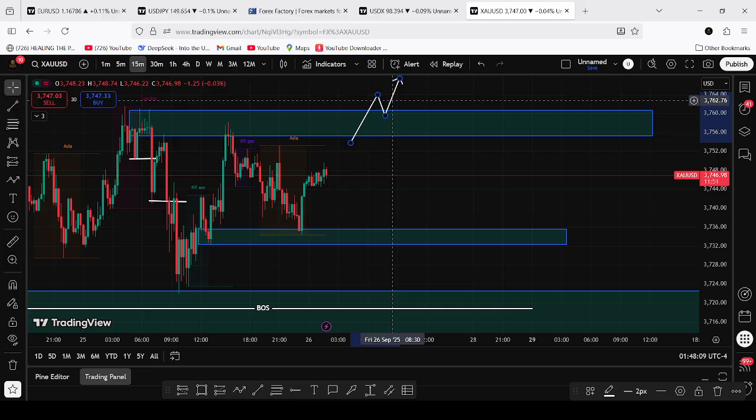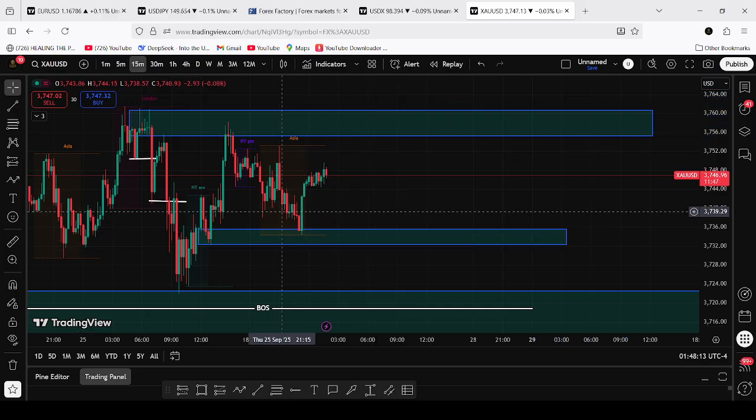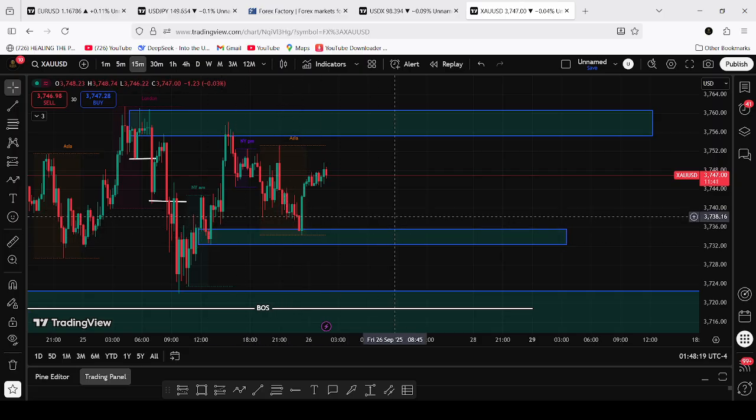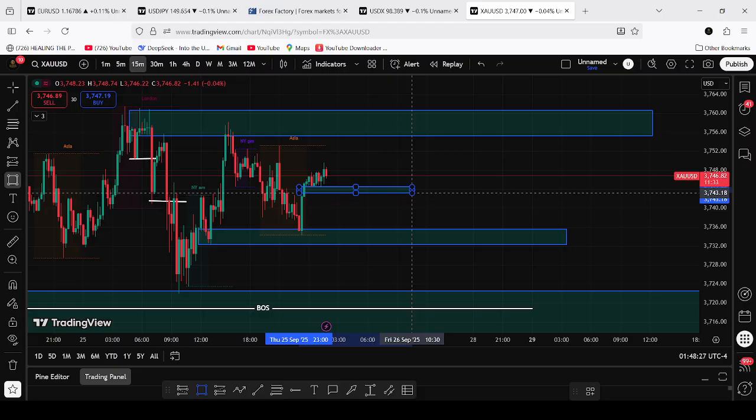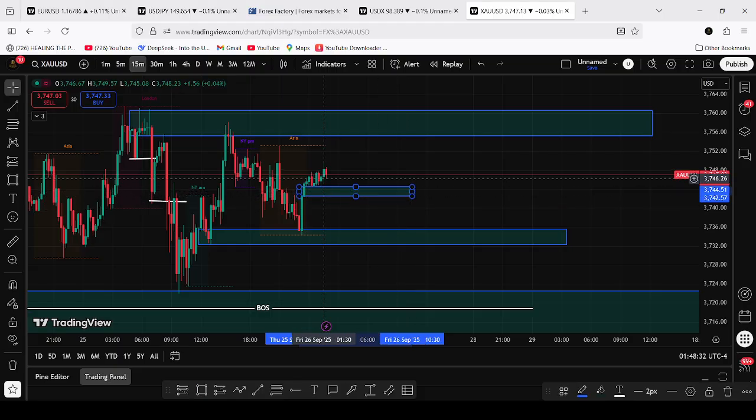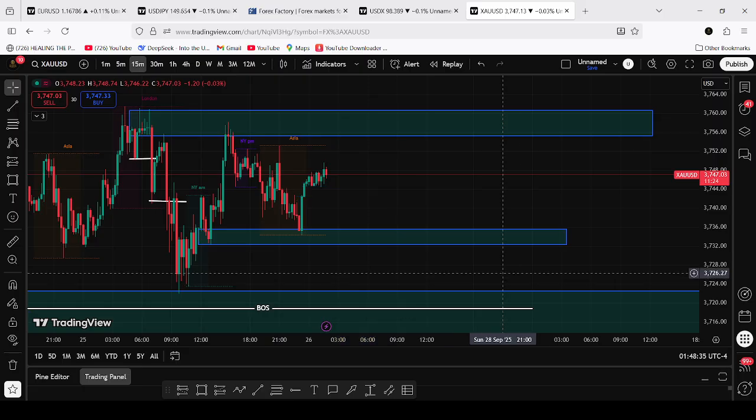Then something else, for you to be able to place a trade, you must ensure that you confirm your trade. At this point, there was a bullish engulfing candlestick pattern. So at this point, this is a key zone where the market might move on the upside. Still, we have something else that might confirm that the price might come on the downside. We have a fair value gap at that point, and that gap needs to be filled for the market to be able to continue.